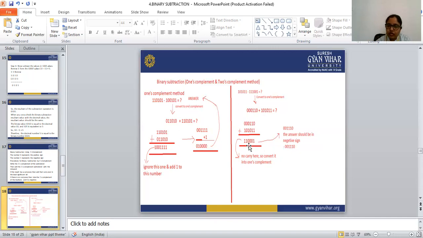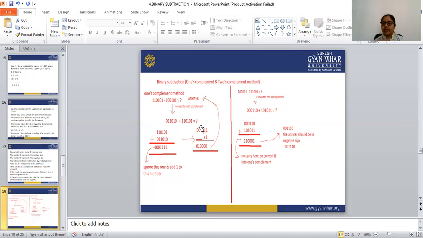So in the place of 1, we have to write 0. In the place of 0, we have to write 1. So in the place of 1, 1, I have written here 0, 0. In the place of 0, I have written here triple 1. In the place of 1, I have written here 0. So these two methods are there in the ones complement method.